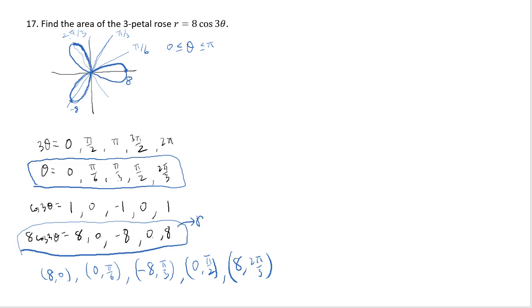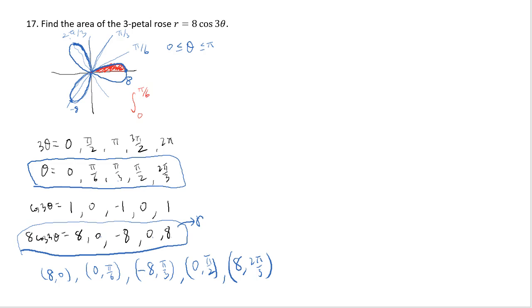However, if it's a cosine of an odd number times theta, the entire graph is completed from 0 to pi. So you just have to integrate from 0 to pi to get the area of the 3-petal rose. Now, if this is all confusing, an alternative way to do this would be to first draw from here to there and realize, hey, this is like half a petal, right? So if you know that this is a 3-petal rose, then you first just integrate theta from 0 to pi